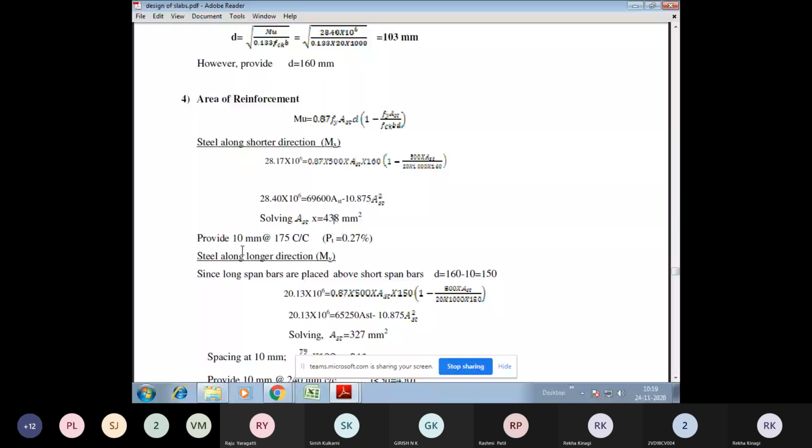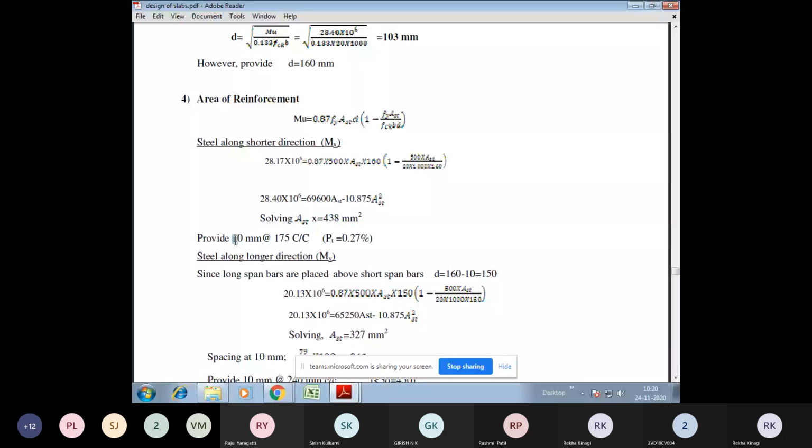We can go ahead with either 10 mm or 12 mm diameter, depending upon the amount of steel. So here we have considered 10 mm diameter reinforcement, and we can calculate the spacing using this 10 mm diameter